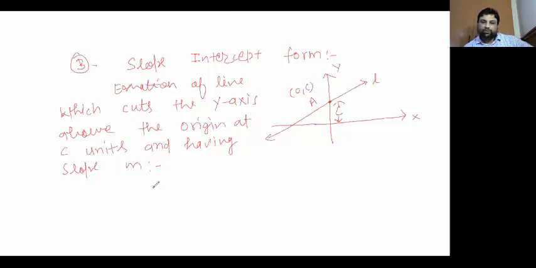So we can use point slope form of the line. Here if I use point slope form, we can use this formula: y minus y1 is equals to m times x minus x1. Here you can see y1 and x1 are already there. This 0 is x1 and this c is y1. So we can substitute here: y minus c is equals to m, the slope of the line, times x minus